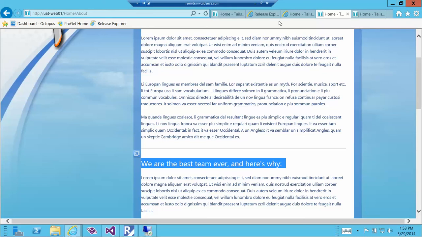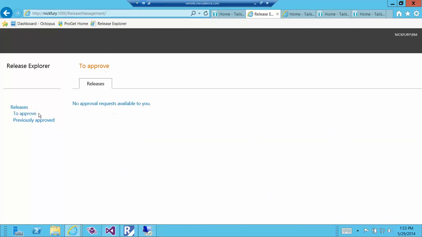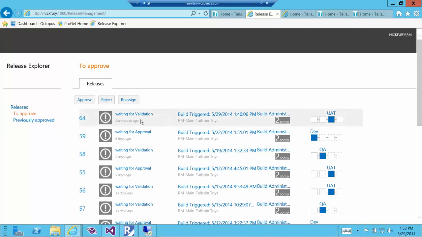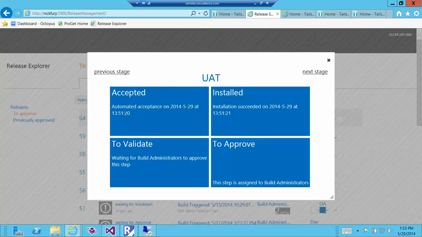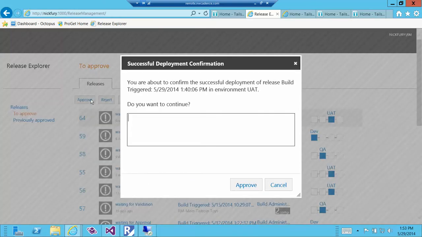So if we go back, let's just use the Release Explorer. If we go back to the Release Explorer, let's refresh the page. And now what's happening is it's waiting for validation for the UAT stage. So it was accepted automatically and installed automatically, and what it's waiting for is to validate that the deployment was successful. So if we click on that, it's highlighted. Click on the approve, we'll say confirmed successful deployment to UAT. If we click on the approve button,